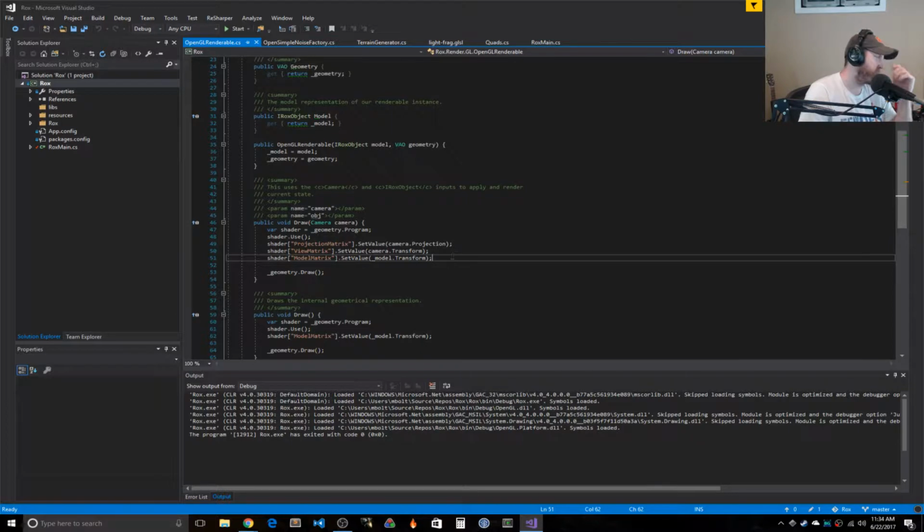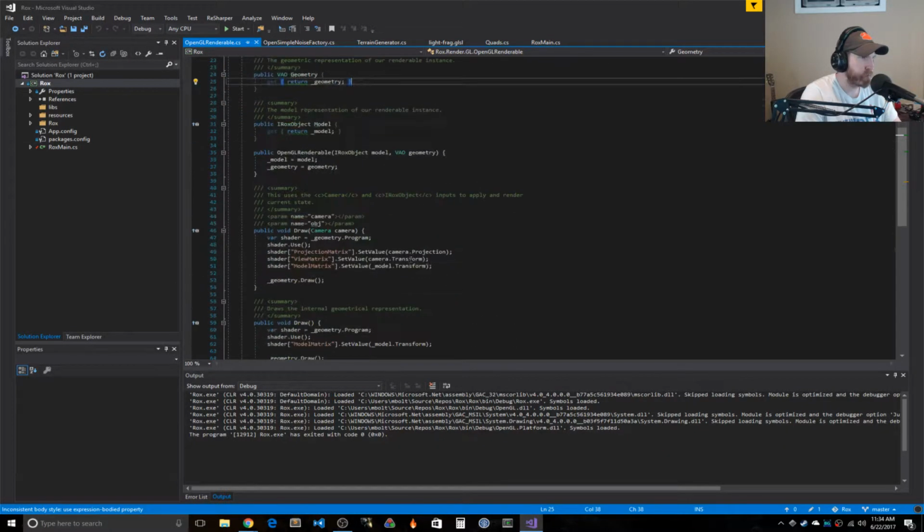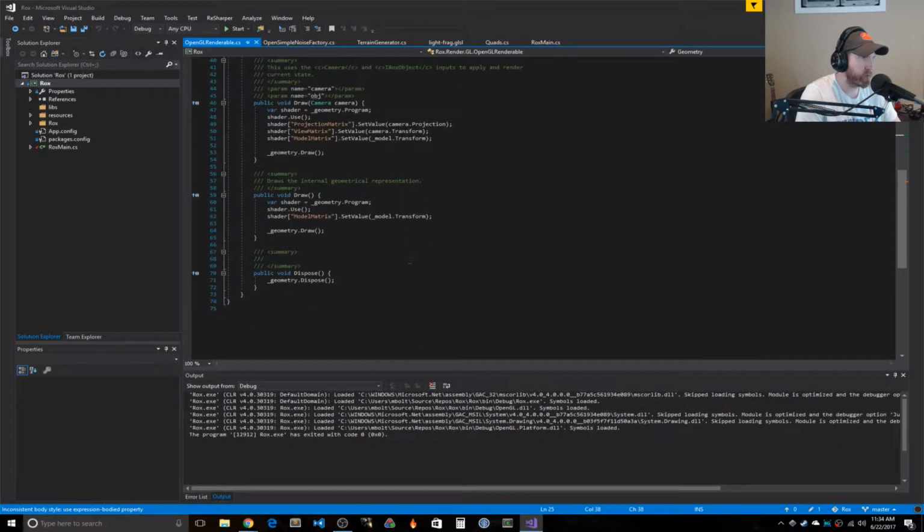One of the tricky things here is that I'm not using a model matrix to offset anything. So all my offsets are because I'm actually rendering vertices at specific positions versus using a matrix to offset them. So what I really want to figure out is